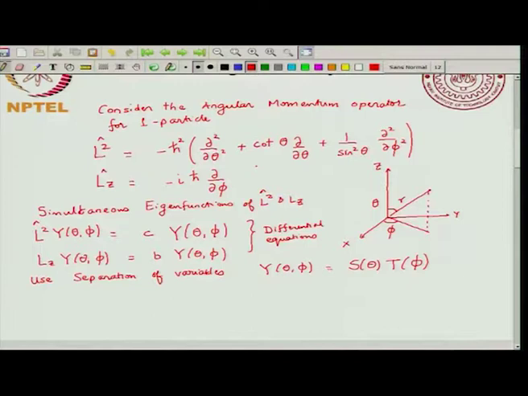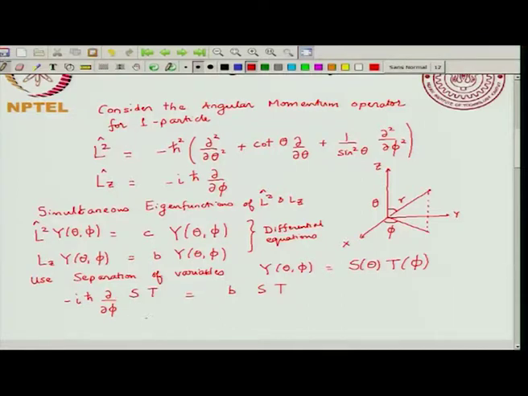Now, if you use separation of variables and substitute in the second equation, what you will get is minus i h bar dou by dou phi of s times t equal to b times s times t. I am not showing the theta and phi dependence of s and t. Now, since this derivative operates only on the phi part, you can take